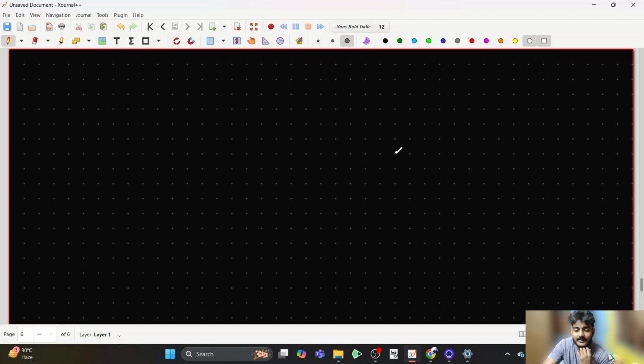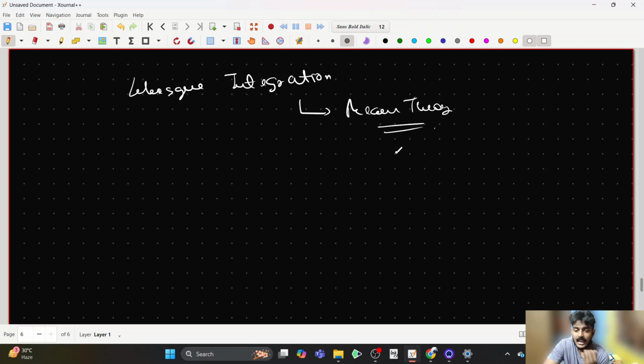So there are multiple generalized integration theories. For example, the most intriguing one after Riemann integration is the Lebesgue integration. But this is quite a complicated topic because it completely deals with what we call measure theory, right? And there is one more way of generalizing Riemann integration while staying within the notion of Riemann integration,